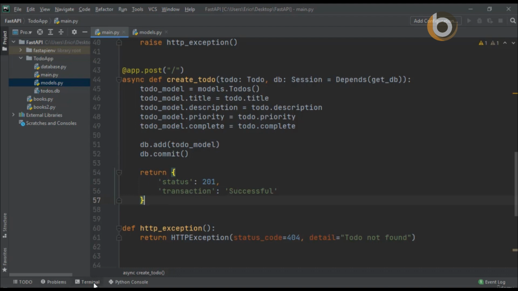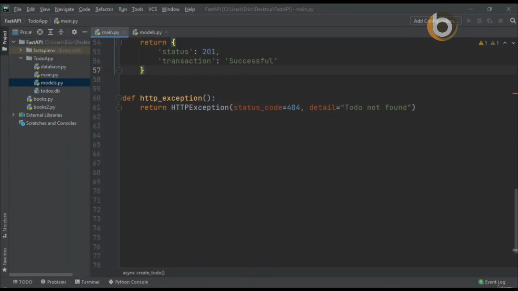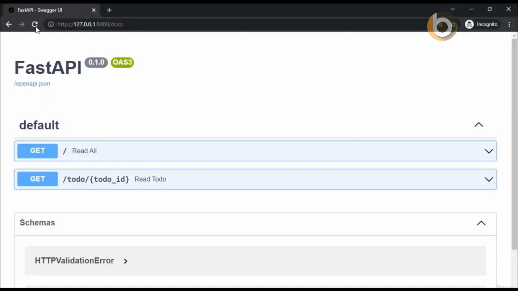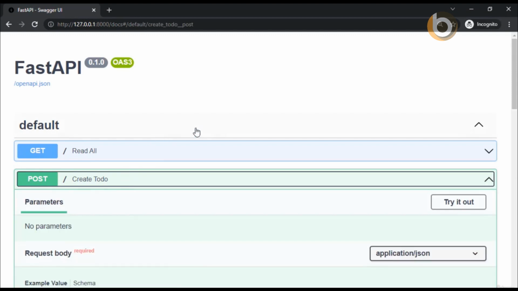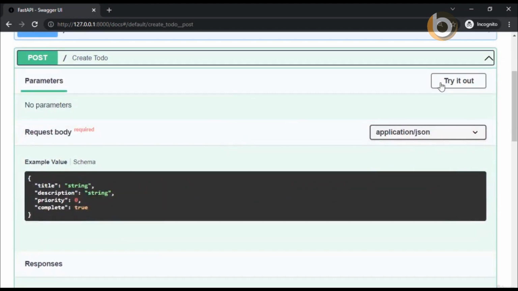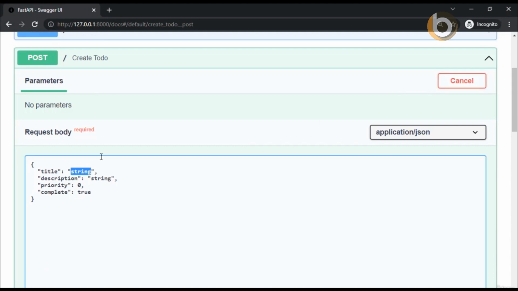All right, let's save our file and make sure our server is running. And now I am going to switch over to our Swagger documentation and refresh the screen. And here we can see we have a new post of create to do. If we say try it out, we can add in a new title, which I'm going to say is drink more water,